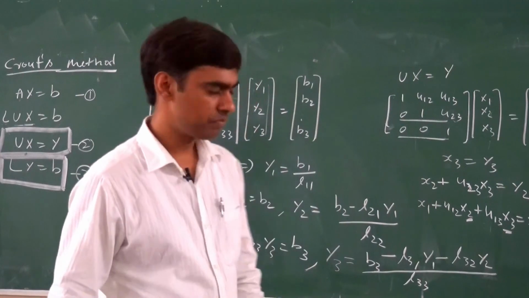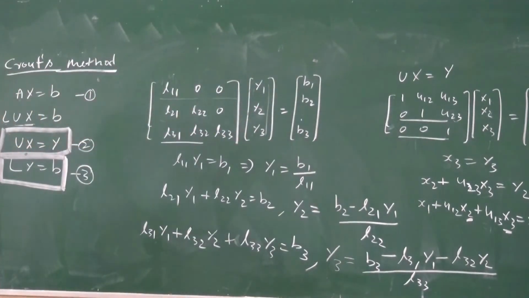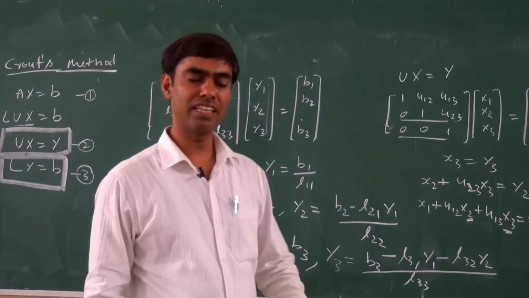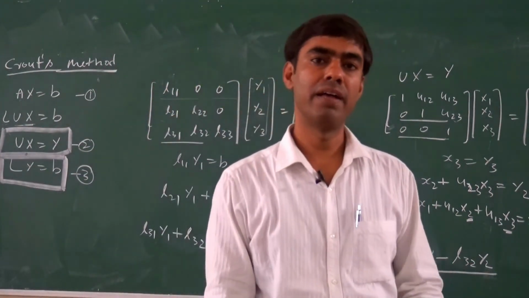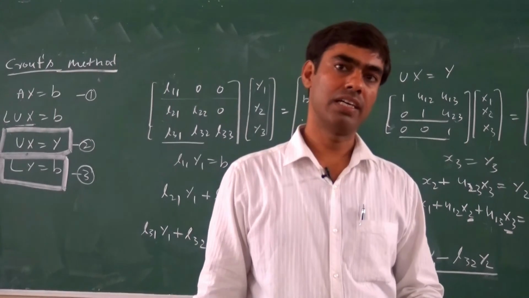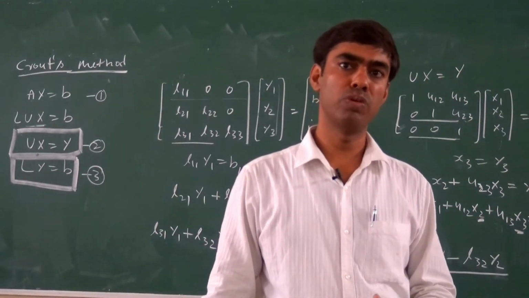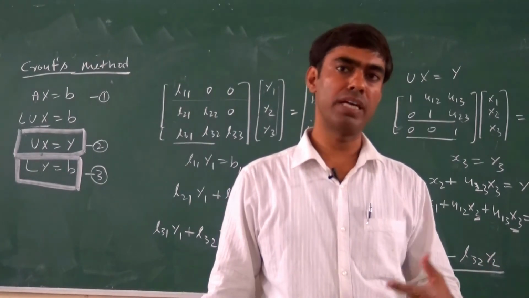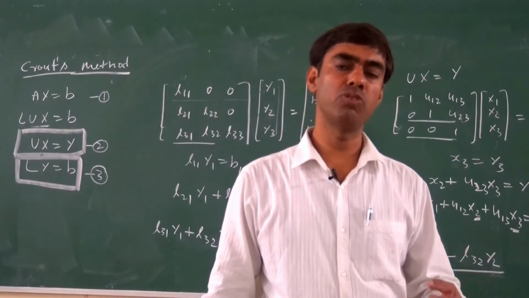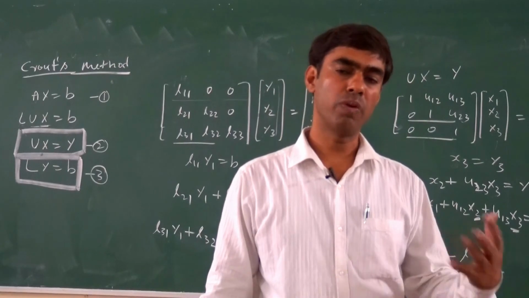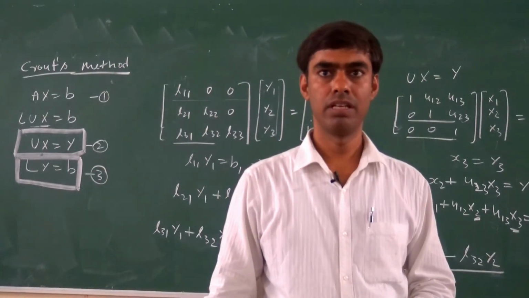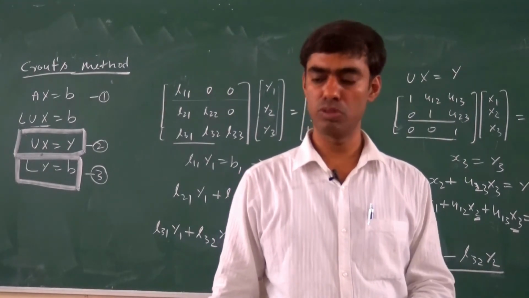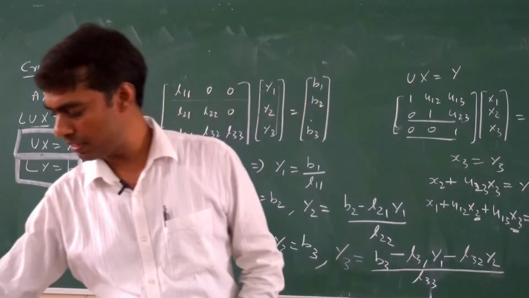And here Crout also suggested another approach for computing the values of L11, L21, L31 and so on, the lower triangular matrix, the upper triangular matrix, and the values of y1, y2, y3 concurrently, with the help of a matrix. That matrix is known as the derived